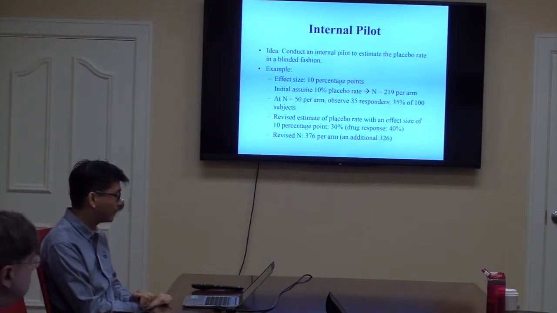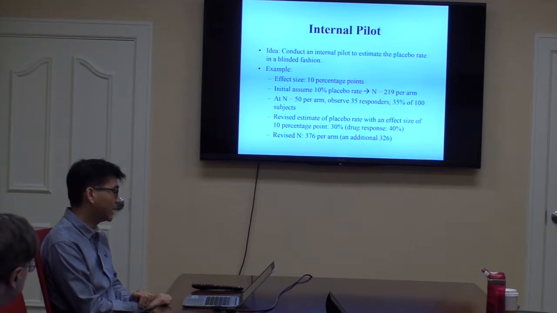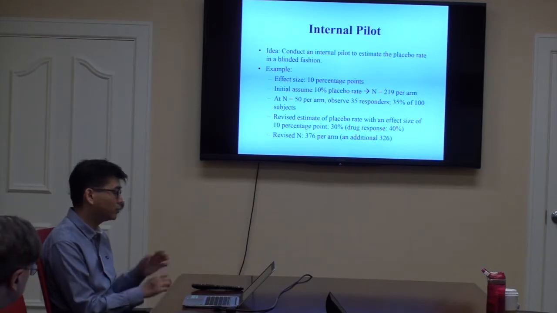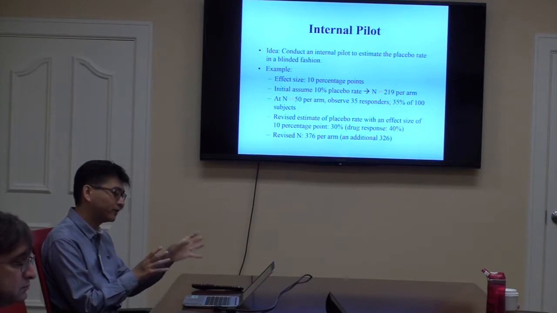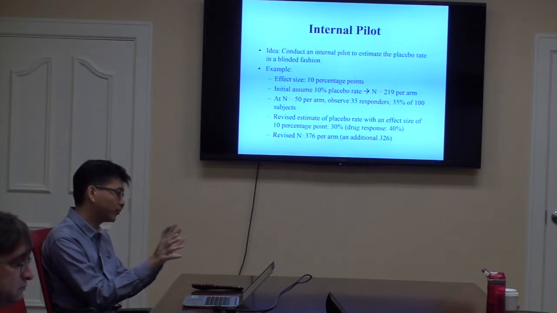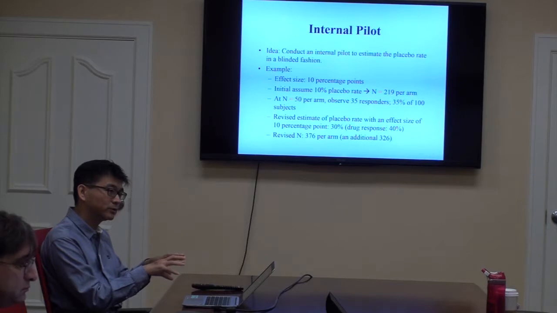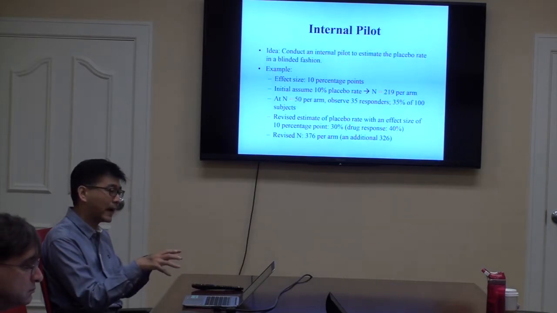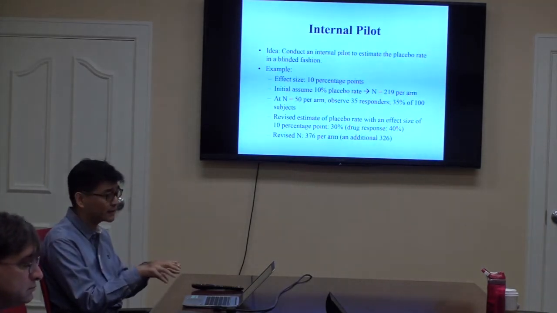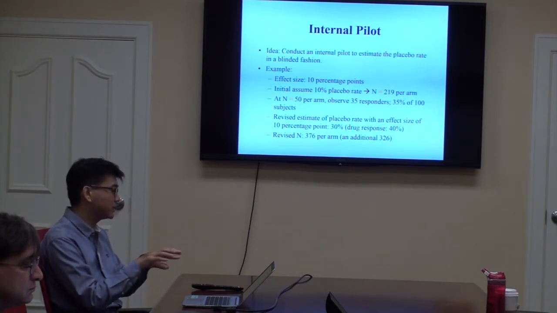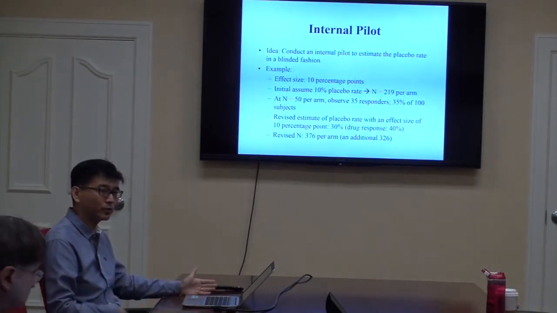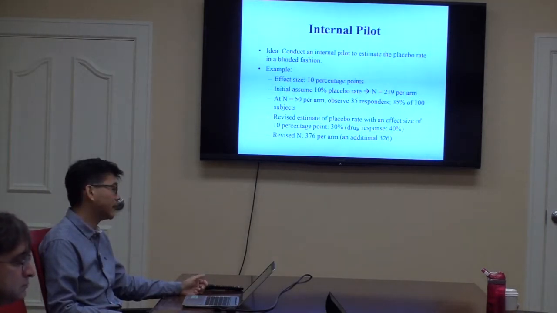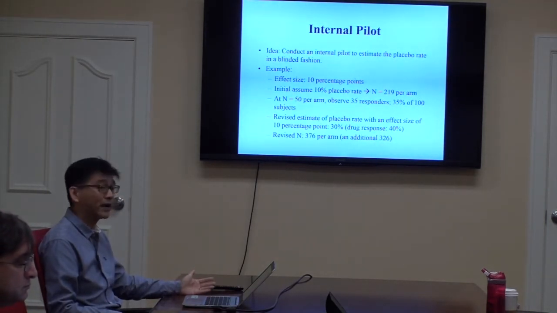But let's suppose that after 100 subjects, we do a blinded estimation of the placebo rate. Out of the 100 subjects, we don't know which subject is which. We only know that 50 are in placebo and 50 are in treatment. We observed 35 responders, so the overall response rate is 35%. Under the assumption that the effect size is 10 percentage points, we can actually estimate that the placebo rate is 30%. As a result, we can revise the sample size based on the 30% assumed placebo rate